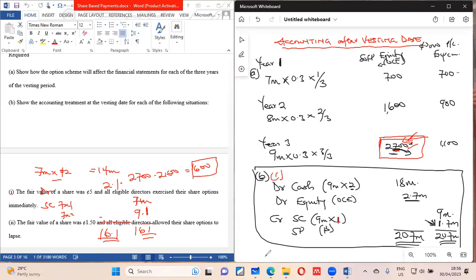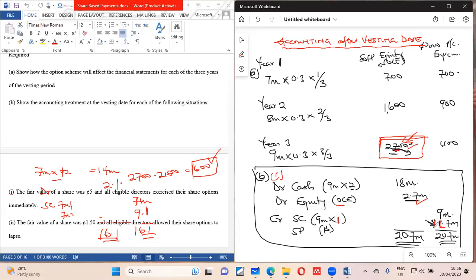Okay, this will be the balance. In that case, this balance may go to the retained earnings. But if all of them exercise, then this is what we have. Because the thing is being moved from the OCE, we are debiting this to move the figure from the OCE and add it to our capital. And by crediting our capital, because it is not a purchase into capital, it is going into what? A share premium. That is all that we are saying.